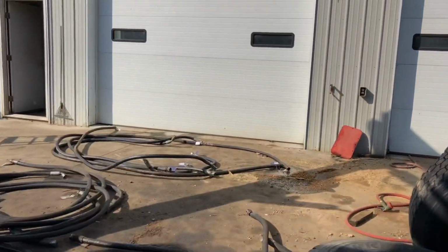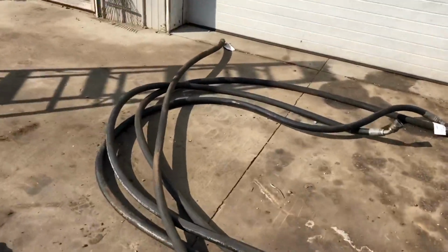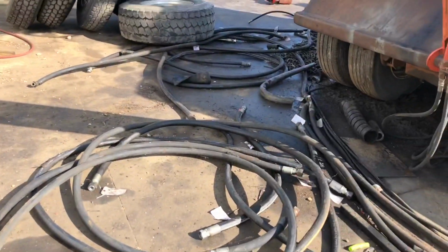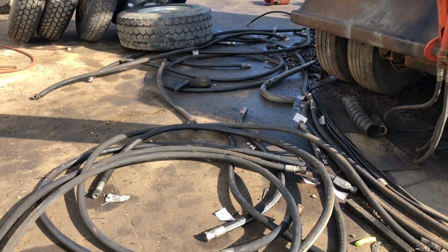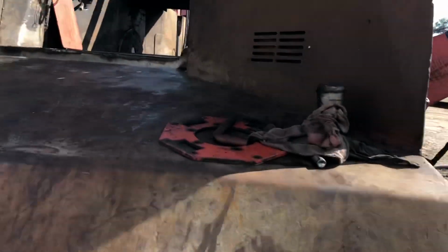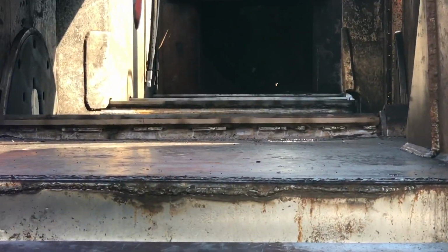So we'll get it done. We're gonna just keep rolling. That's how we do it. But tomorrow I got to start on all this. Lots of hose, hundreds of foot there. That's gonna take me a minute. But it's looking good. It's looking great. It's beautiful once we get everything dialed in,